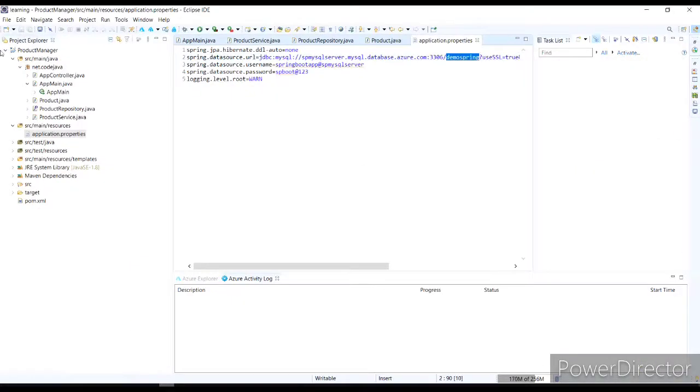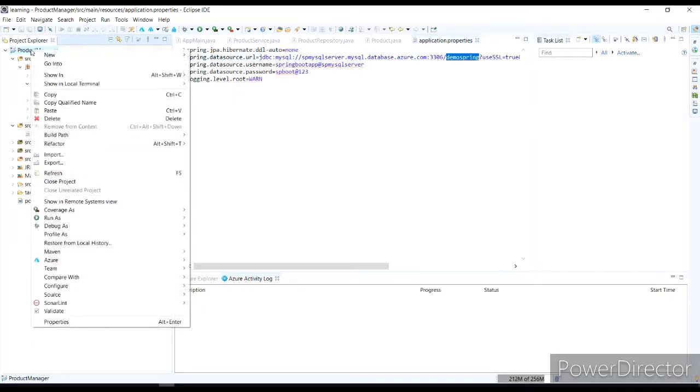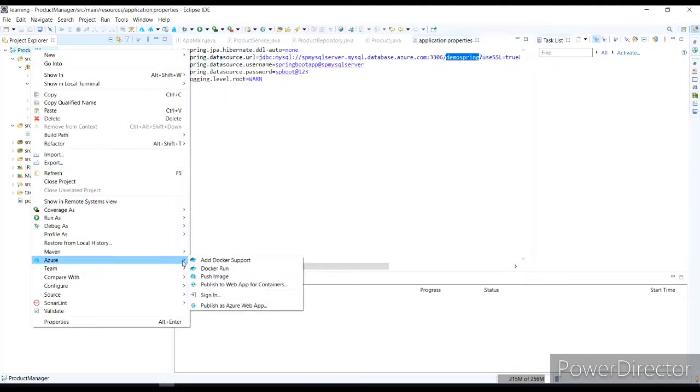So I just go to Eclipse IDE and go to my project, right click over the project and go to the Azure menu and select publish as Azure web app.